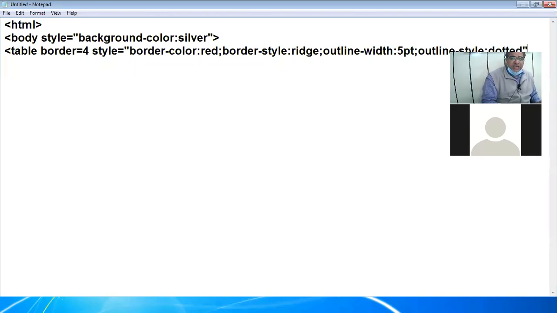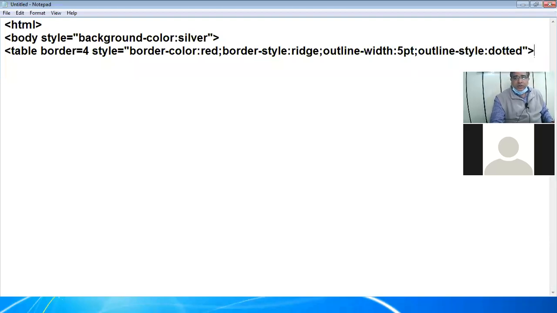These are the properties which I want, and I close the double quotes, right? Am I clear? Yes, sir. Whatever the properties of border in CSS, the same are the properties of outline in CSS. The only difference is that outline means outlining created outside the border. Okay.